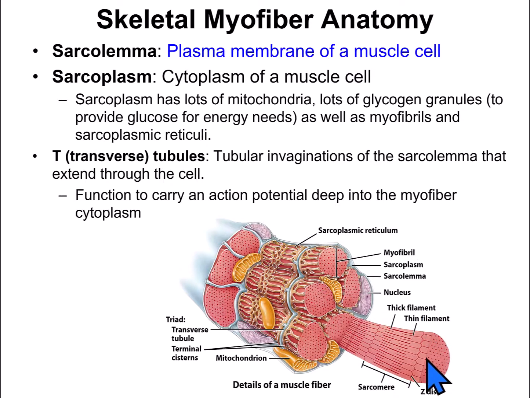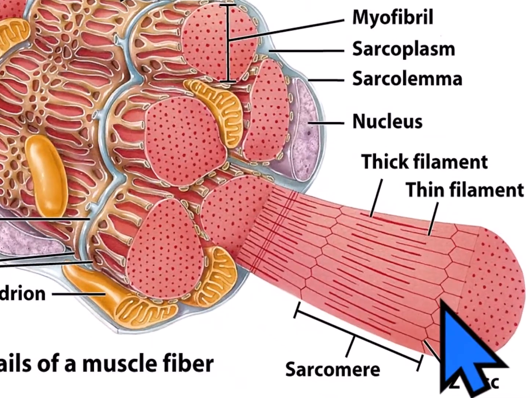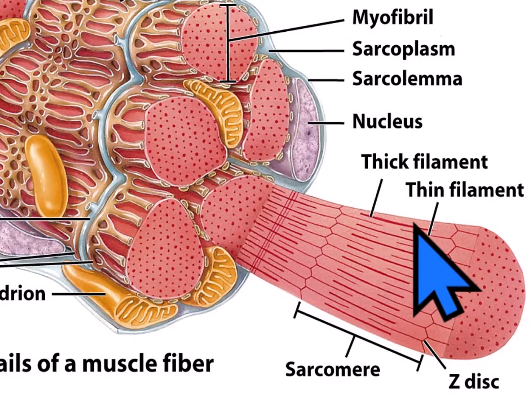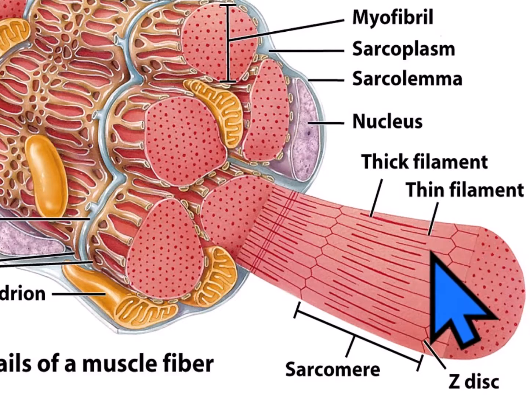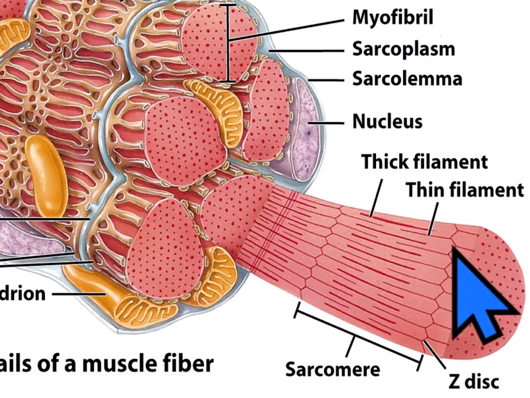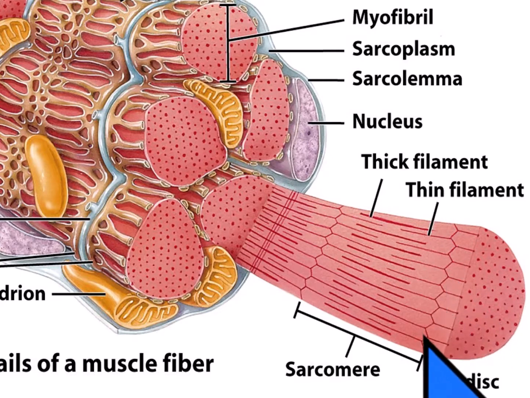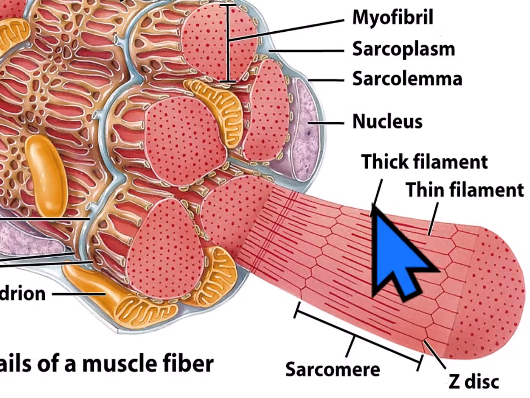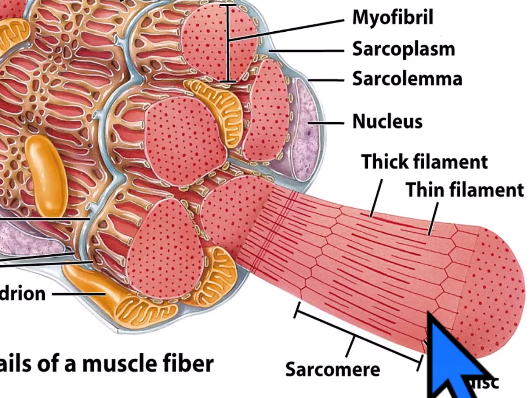There are lots of myofibrils within the muscle. This right here is a myofibril. Here's another myofibril. We're going to see that the myofibrils consist of two main types of filaments. We have a thick filament, which looks like this, a little thicker than the thin filament here. And it's the interaction of these thick and thin filaments that allows a muscle to contract. We're going to see that the thin filaments slide over the thick filaments during a contraction. Well, these thin filaments here are attached to the Z disc. I call it a Z disc because it looks like, well, a Z, little Z lines. And from one Z disc to the next Z disc is a functional unit of contraction in skeletal muscle called